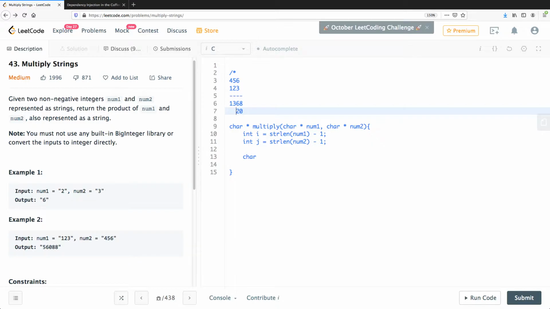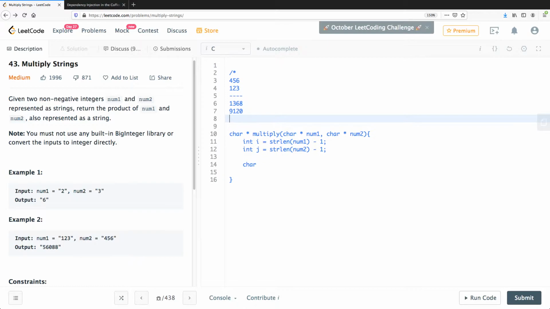And then you get a carry of 1. So 2 times 5 is 10, plus the carry of 1, so you get 1, and now you still have a carry of 1. Then 2 times 4 is 8, plus the previous carry, so you get 9. And then you have one more row, which is this time